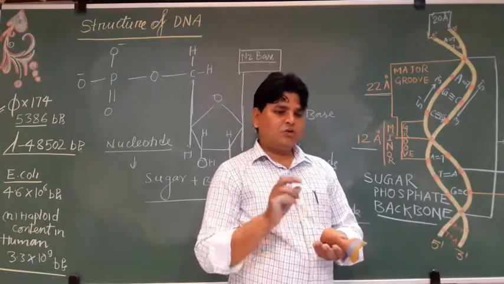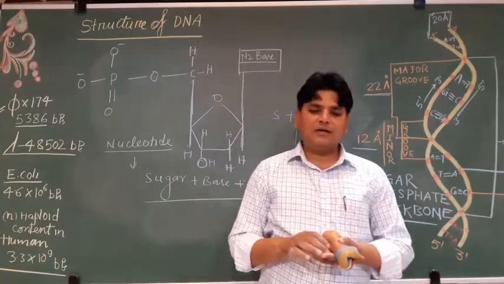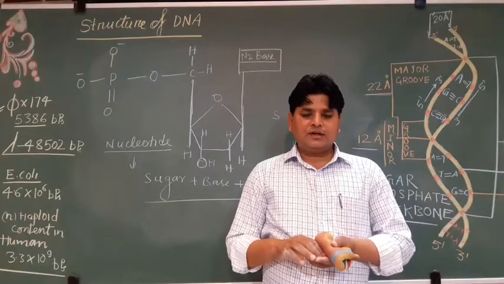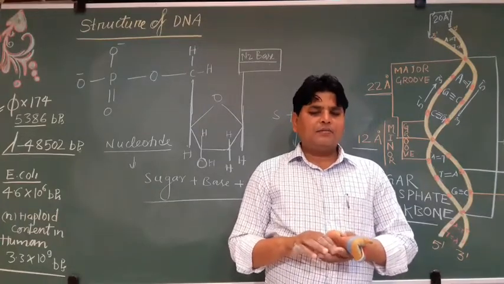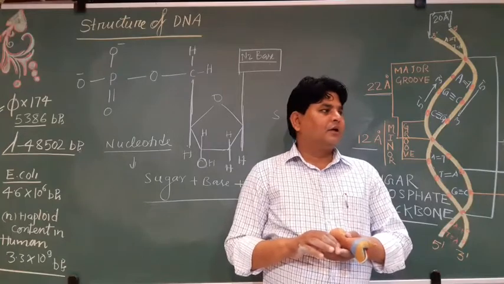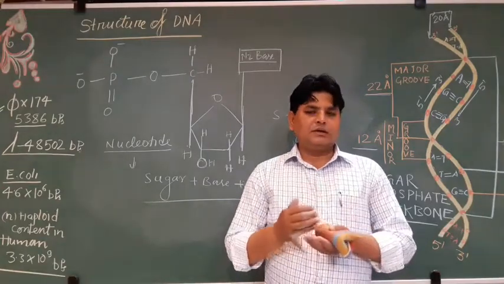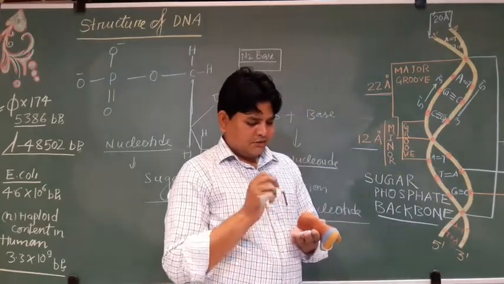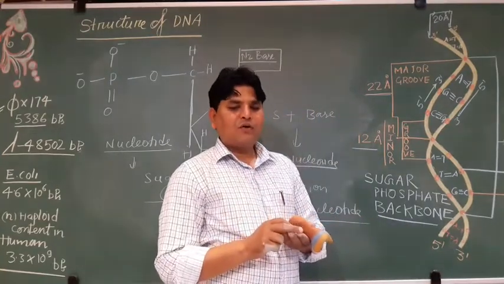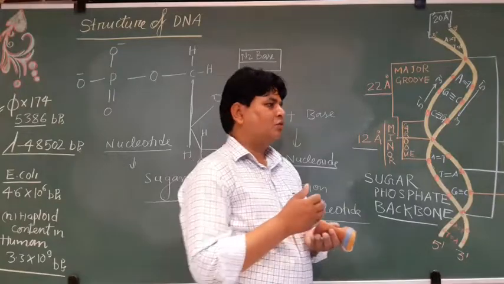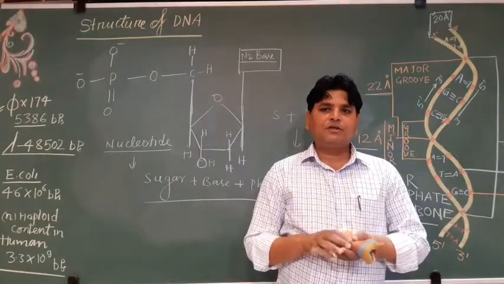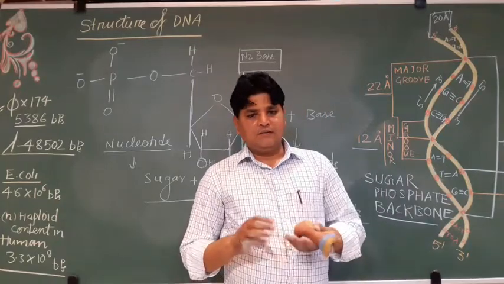The second rule: only two rules were proposed by Erwin Chargaff, so these rules are named after him, Chargaff's rules. The second rule is that the composition of DNA varies from one species to another. This is the second rule. From one species to another. For example,